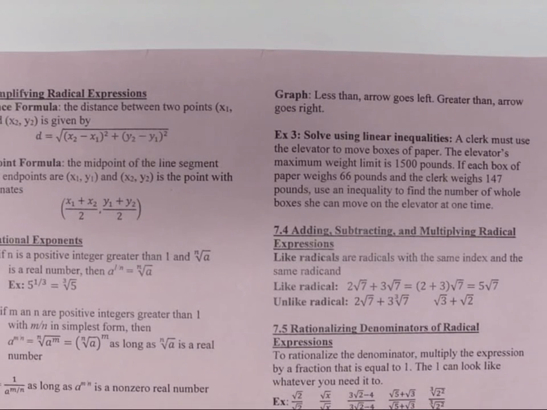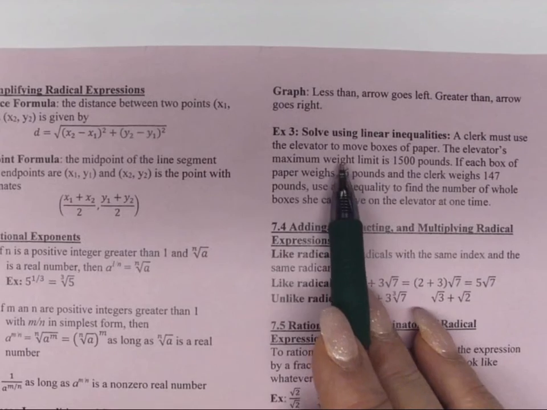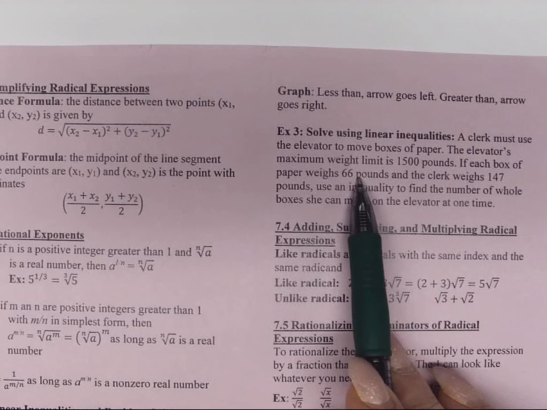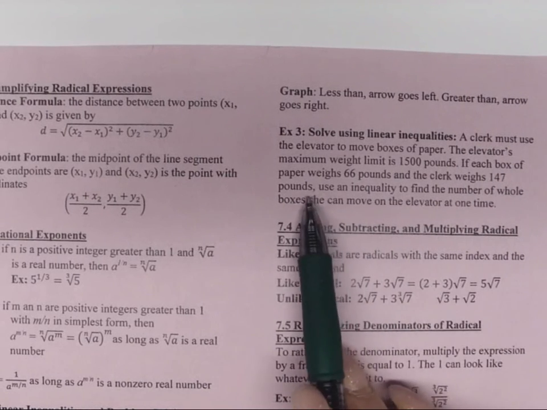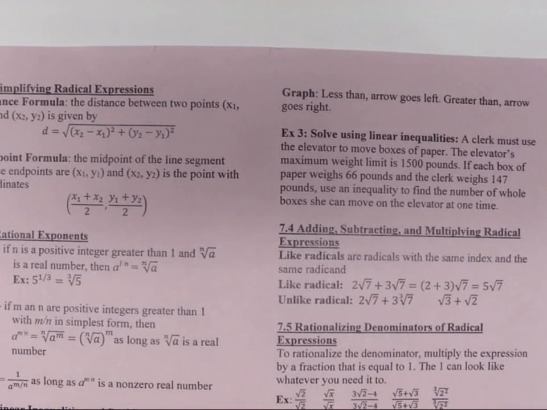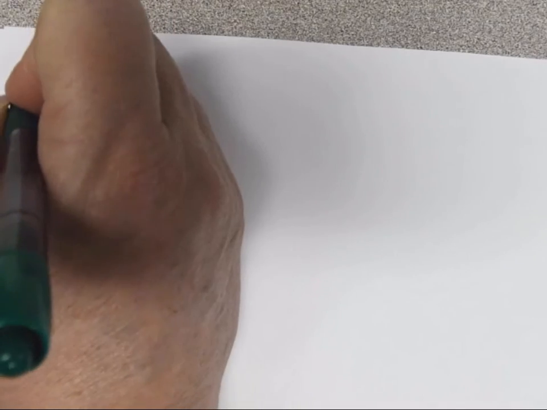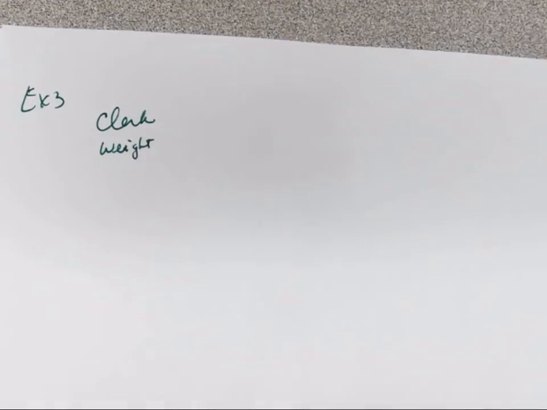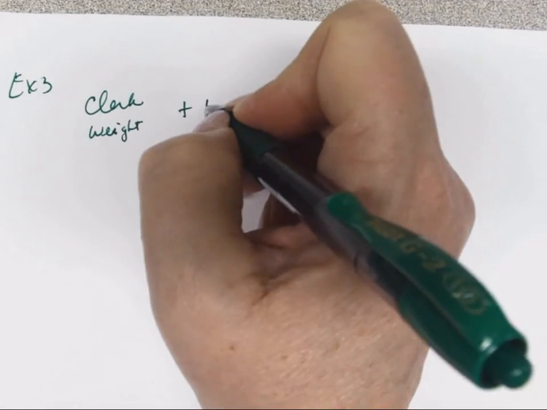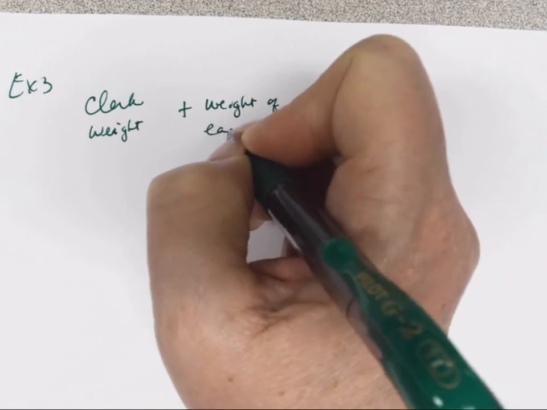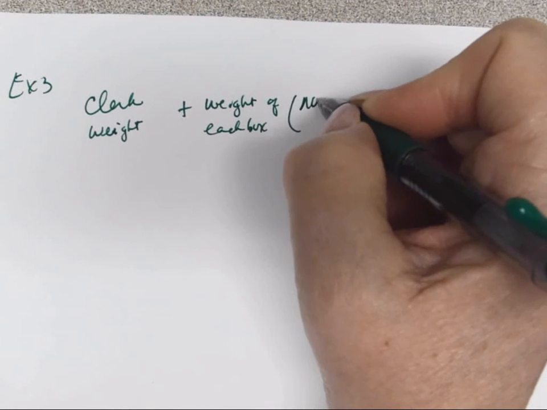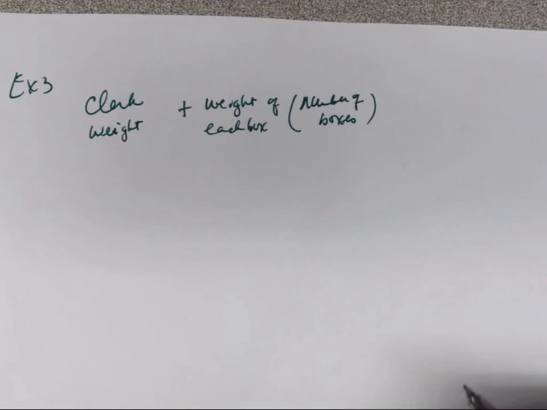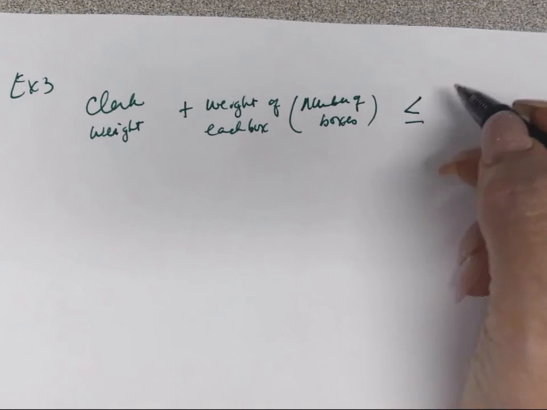So we're going to pull out what we need from this problem. We have a couple of things going on. We have a maximum weight limit of 1,500 pounds. Each box weighs 66 pounds, and the clerk weighs 147. And we want to know how many whole boxes she can move at one time using that elevator. So this would be example 3. First of all, we have to take into account the clerk's weight. And we're going to take the weight of each box and multiply that by the number of boxes. However many boxes we put on there, they each weigh 66 pounds. So we're going to just multiply that. Now, all of this has to be less than or equal to the